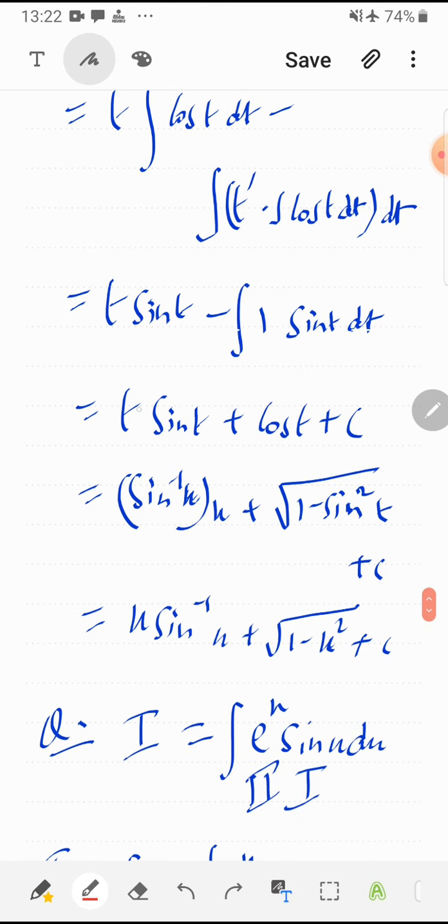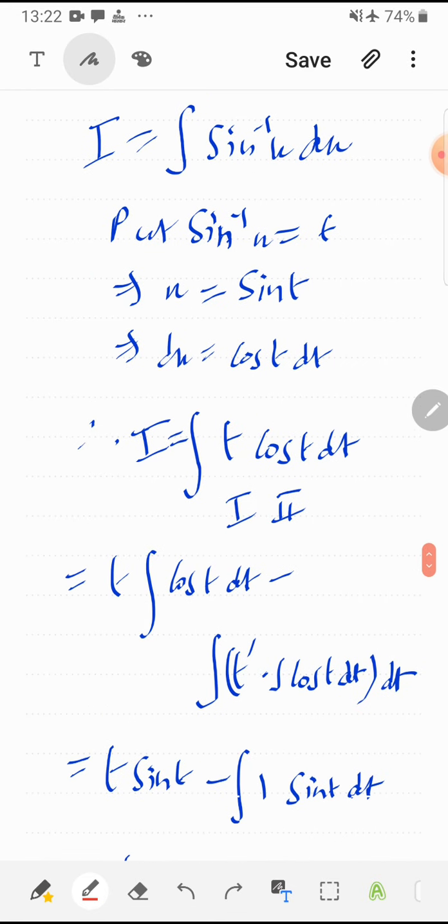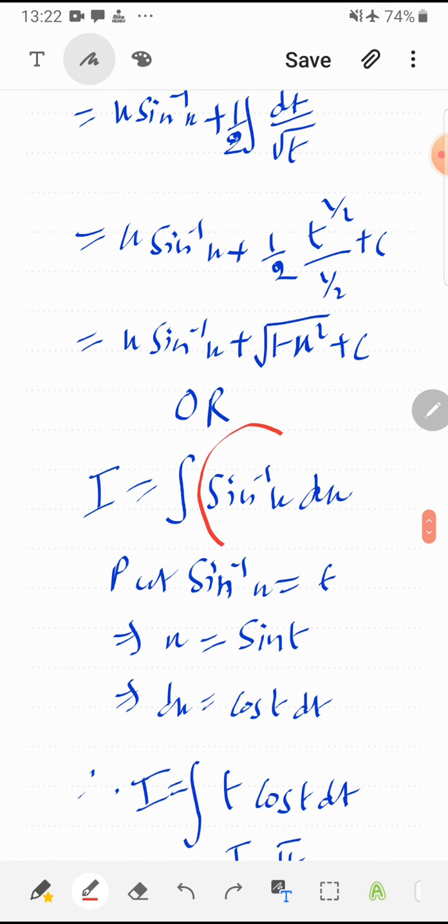After that, resubstitute t as sin inverse x, sin t as x, and there is no direct value of cos t, so I will write this as under root 1 minus sin square t, which is under root 1 minus x square. So there are two methods to find the integral of sin inverse x. Both are good, but I will recommend the method of substitution, because here both are equal. But if we are dealing with sin inverse x whole square or some other complex trigonometric function, then this substitution method will be beneficial. The rest decision is yours.